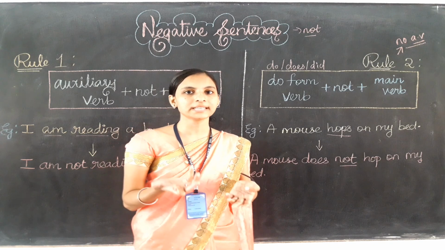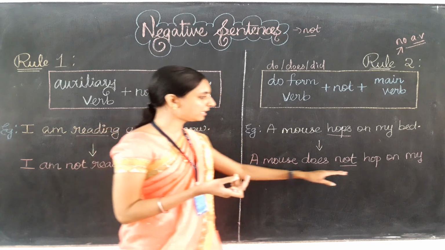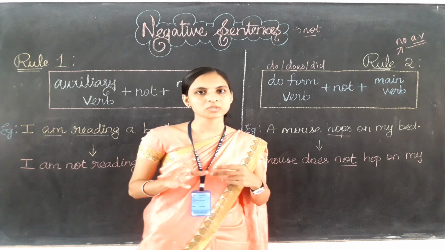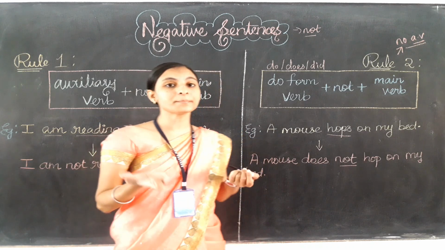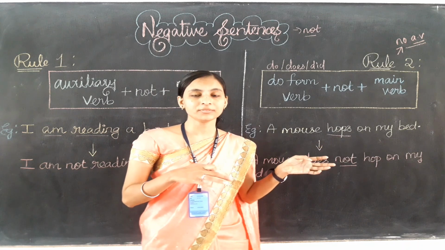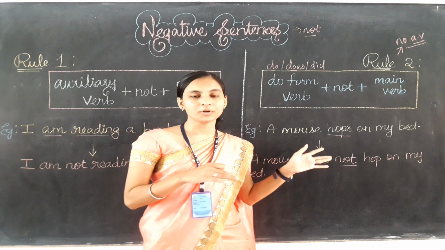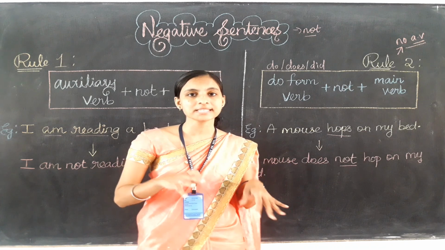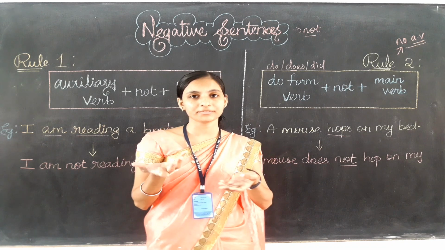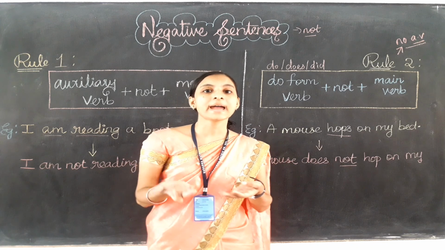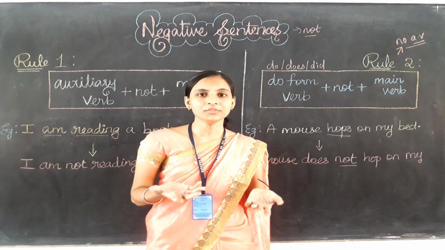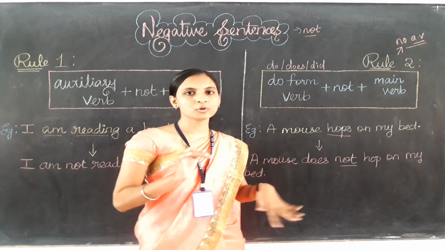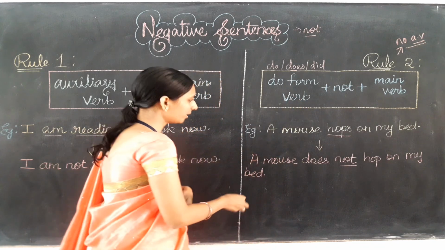How can you find the negative sentence? Yes, if you find the word not in a sentence, that is a negative sentence only. Okay. And in some places, the auxiliary verb itself acts as the main verb, not an auxiliary verb. Are you getting me? In some places, an auxiliary verb like have forms the verb and itself acts as the main verb. So in those places also we need to apply this rule only.